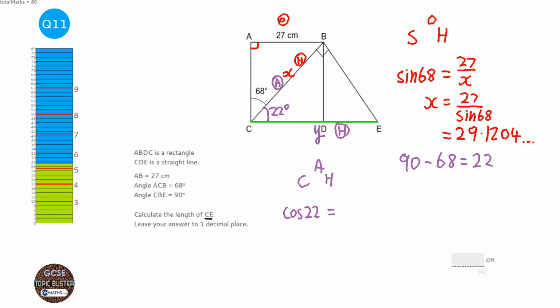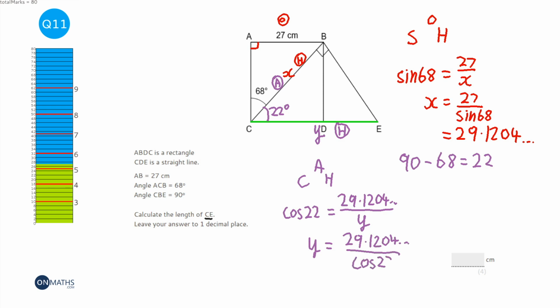equals x, which is my 29.1204 over y. So again, I'm going to times both sides by y and divide both sides by cos 22. So y equals 29.1204 over cos 22. Now I kept that in my calculator, so I can just press divided by cos 22. Press equals, and it's 31.4074. And it says it wants the answer to one decimal place, so it's going to be